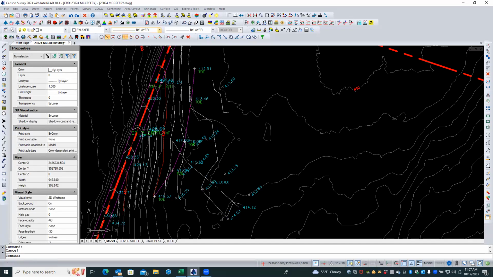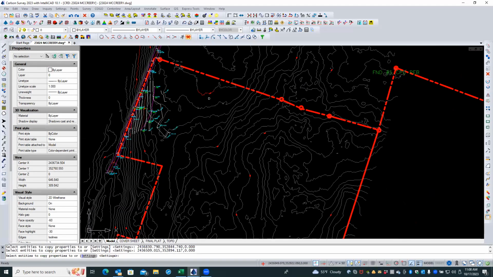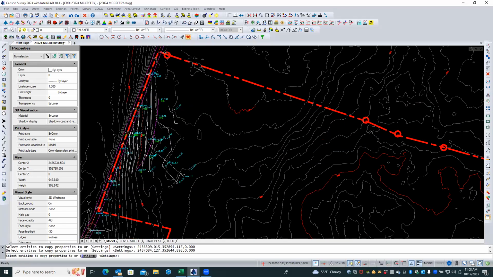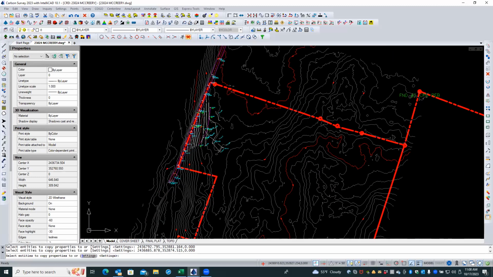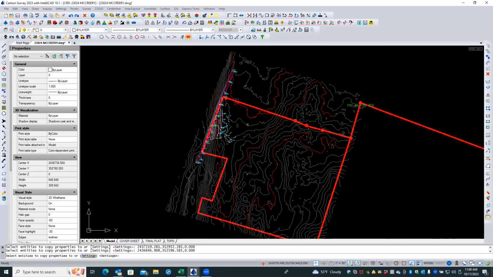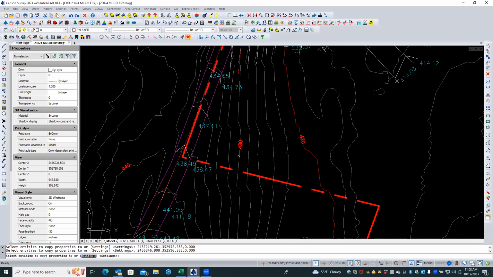So you could simply do a match properties, select one of those index lines, and then just go through here and find all the lines that have the labels. Unfortunately, you can see up here, they didn't join them. So you would pick the obvious extensions of those, and go through here and set these all to be that index layer,